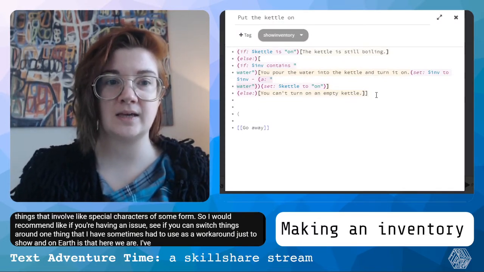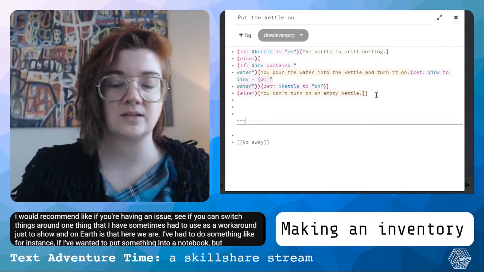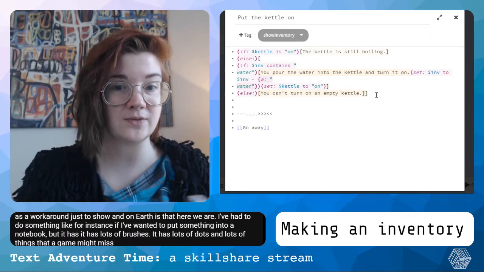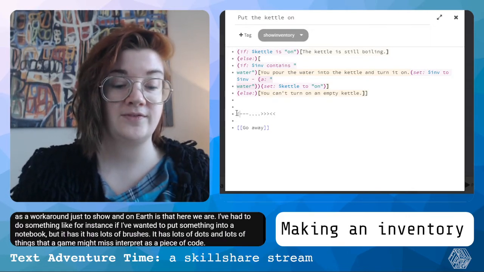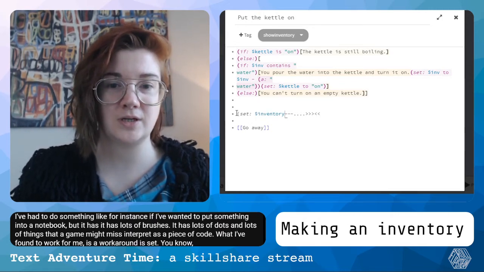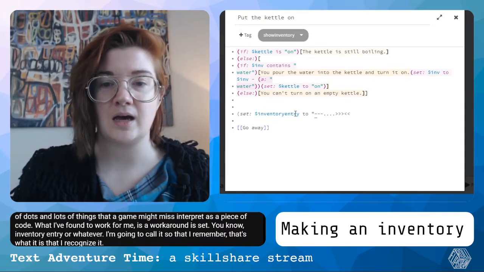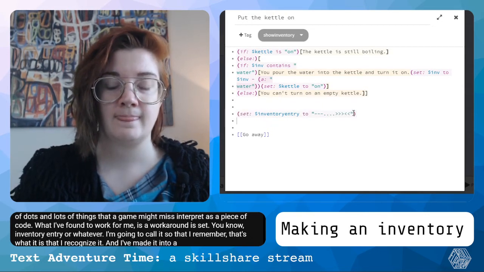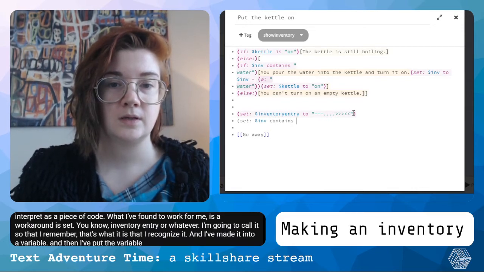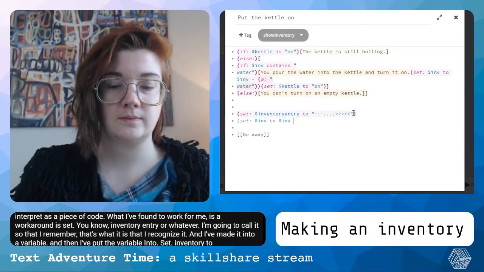I've had to do something like, for instance, if I've wanted to put something into a notebook, but it has lots of dashes, it has lots of dots, and lots of things that a game might misinterpret as a piece of code. What I've found to work for me as a workaround is set inventory entry, or whatever I'm going to call it, so that I remember that's what it is, so that I recognize it. I've made it into a variable, and then I've put the variable into set inventory to inv plus